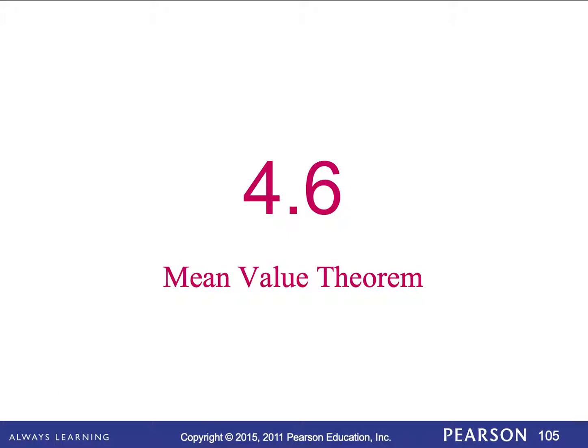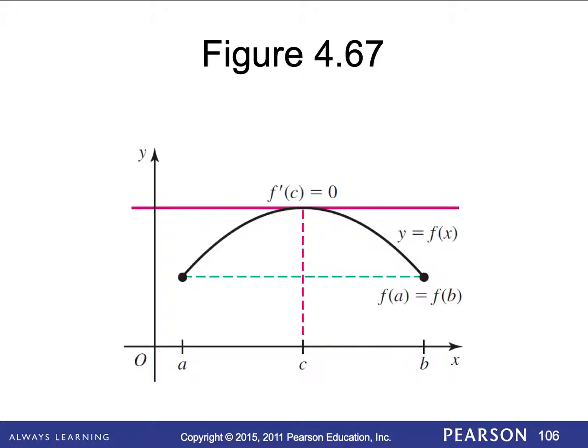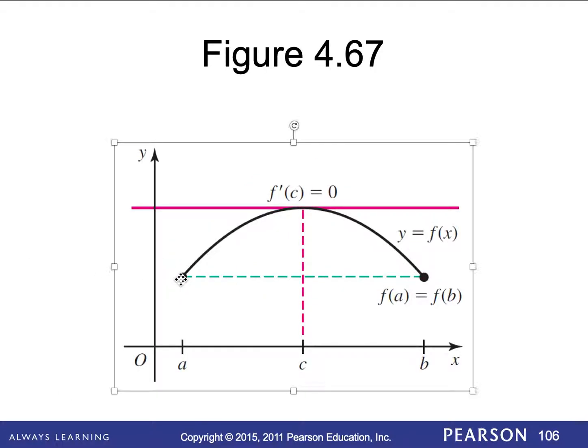So let's think about a graph. If I'm looking at any graph and there are 2 points that have the same y value, if it's not a constant function or a flat line, we can assume that to get from point A to point B, you've had to have a max or a min. And in calculus, that means that the derivative is 0. So if I have the same y value on an interval, somewhere, if it's not a constant, there's a max